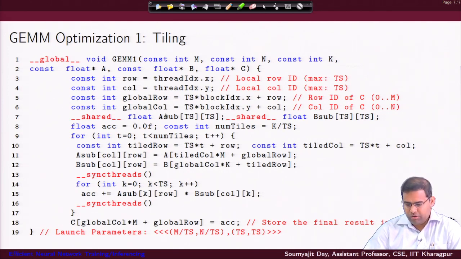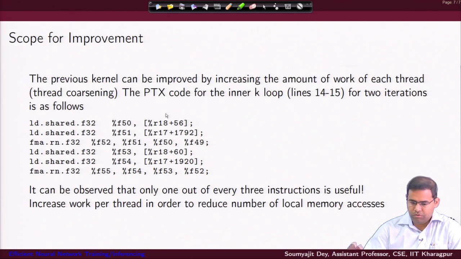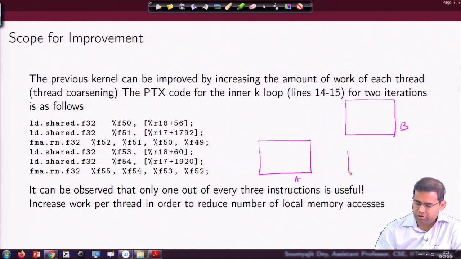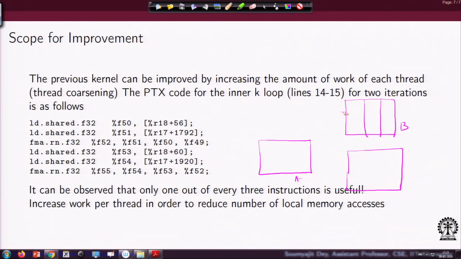And what was the way that we progressed? So, if you just remember, let me just redraw the picture again. So, let us say this is your B, this is your A, and you are trying to produce an output matrix C here, right. If you break it to tiles, so tiles indirectly define the way you are going to launch the thread blocks. So, for one block of threads, you are corresponding to computation of one tile.